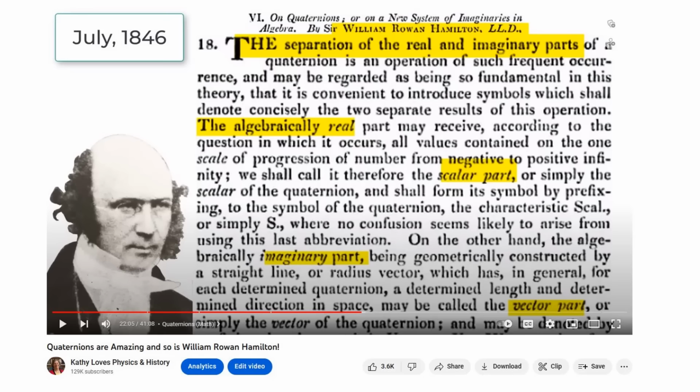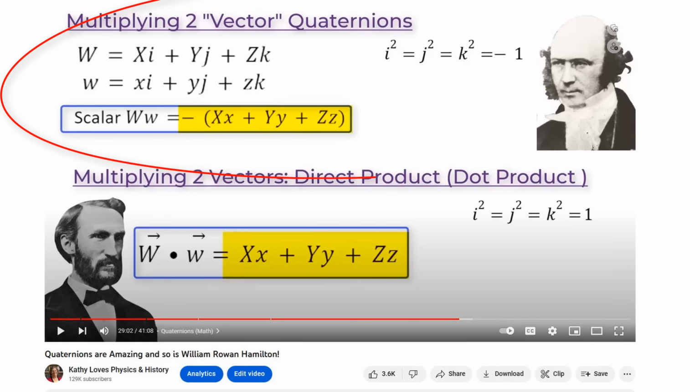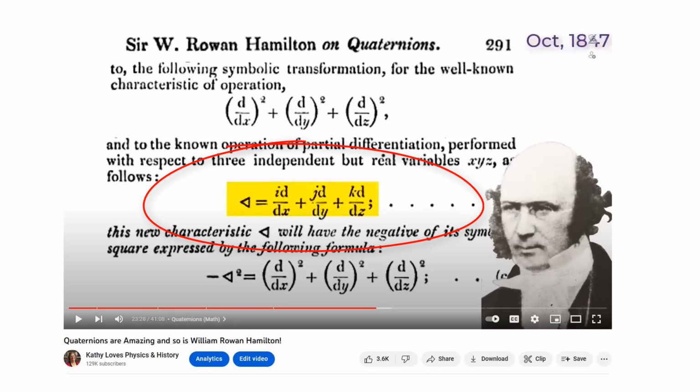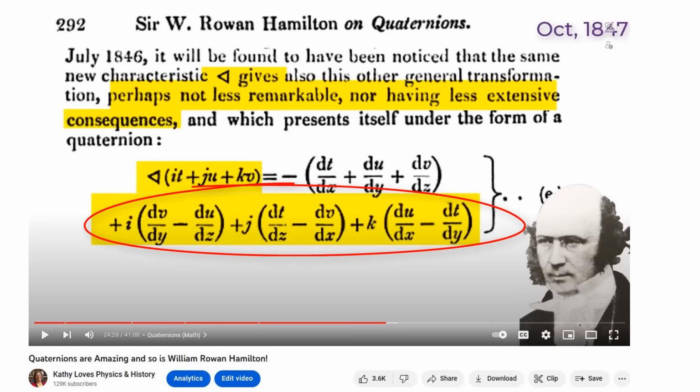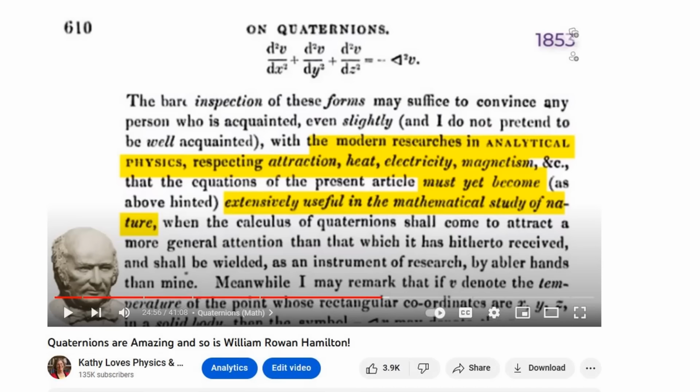So in my last video, which was a history of quaternions and how they work and a biography of its inventor, William Rowan Hamilton, I stated, I hope pretty convincingly, that all the elements of vector analysis came from William Rowan Hamilton. The scalar, the vector, the dot product, or at least the negative of the dot product, the cross product, the del function, also called the nabla function, the divergence, or at least the negative of the divergence, and the curl, all were created, if not named, by Hamilton between 1846 and 1847, specifically to help with describing physics